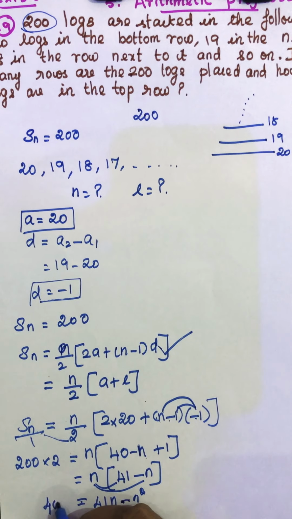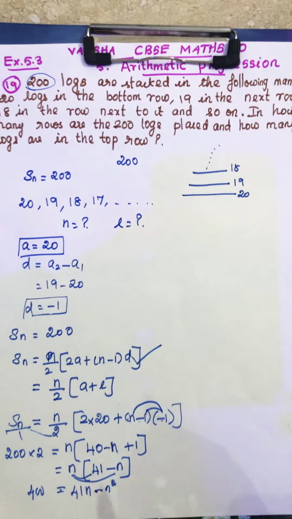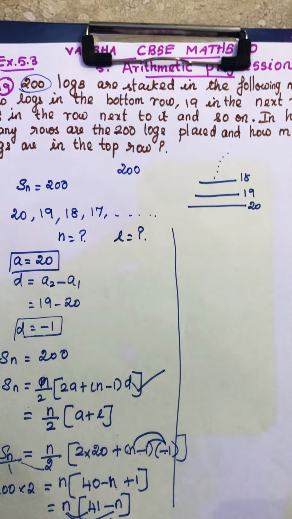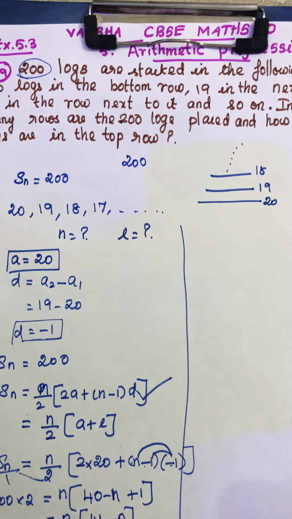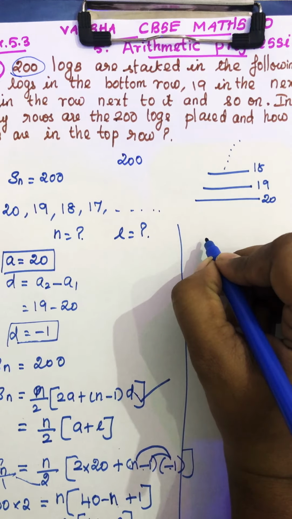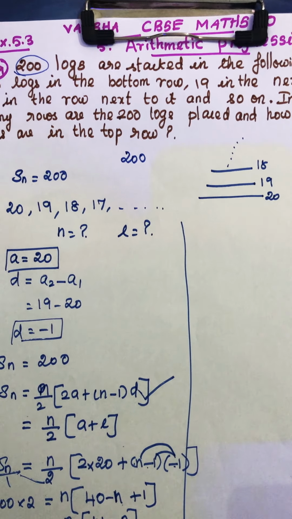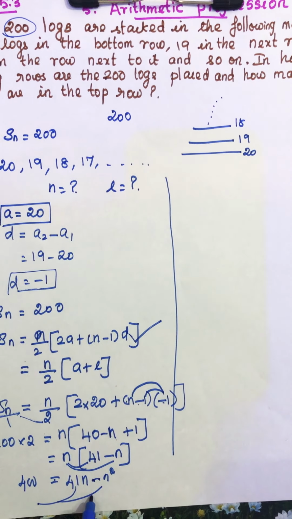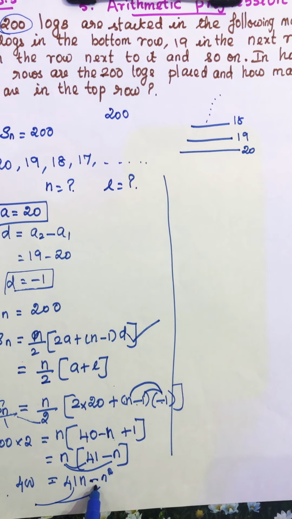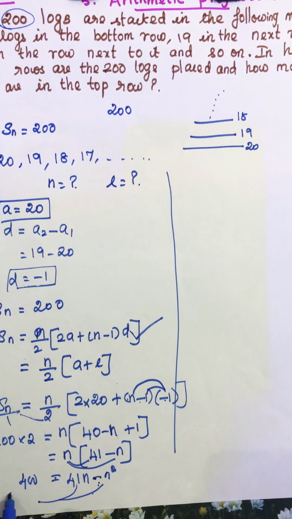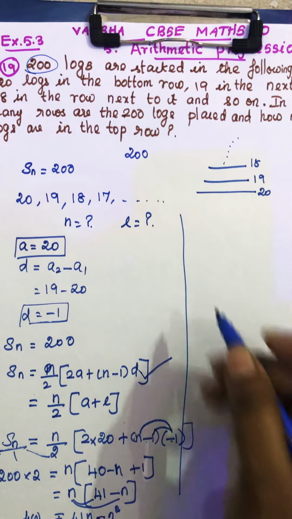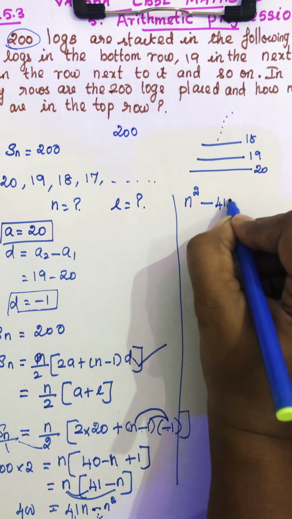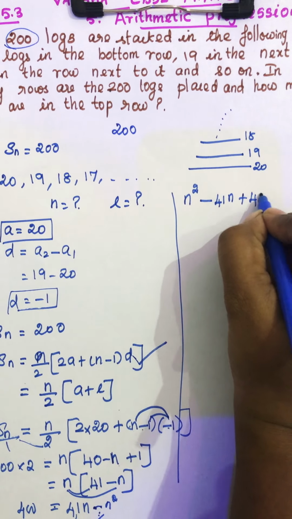Here this is 400. So at last you have an equation. Okay, so this is an equation. What is that equation? 400 goes there. 41n and n, okay, it has to come to this side because n square has a minus coefficient. If it comes here it will be positive. So it will be n square minus 41n plus 400